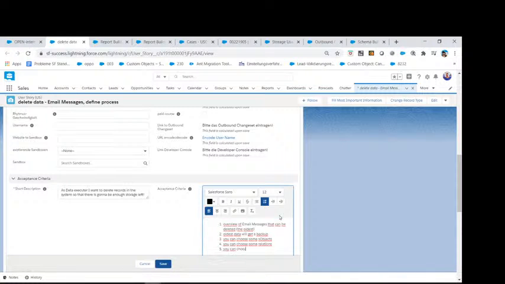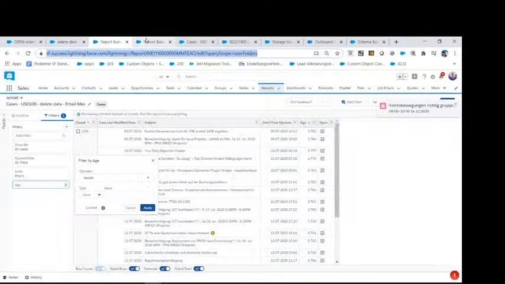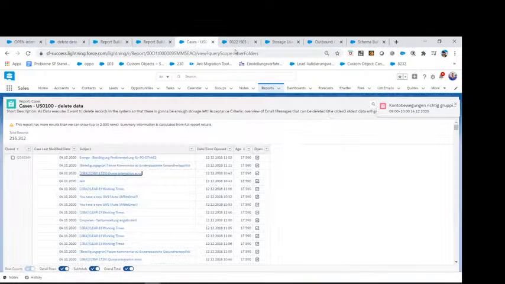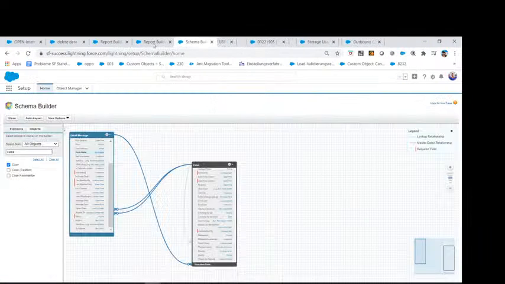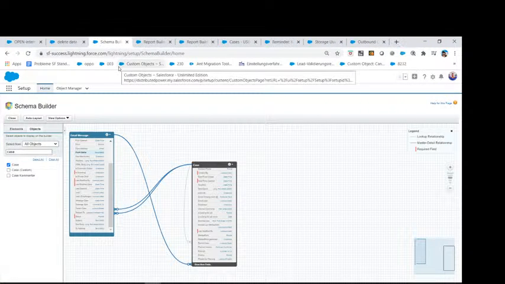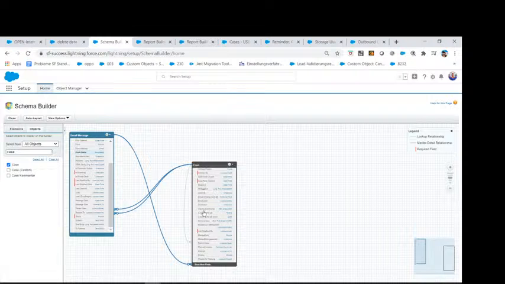You can choose some fields. That is what I'm seeing in here. You can choose some fields in here, and we just need a schema builder for sure. Let's see in there for sure. Let's go like this.